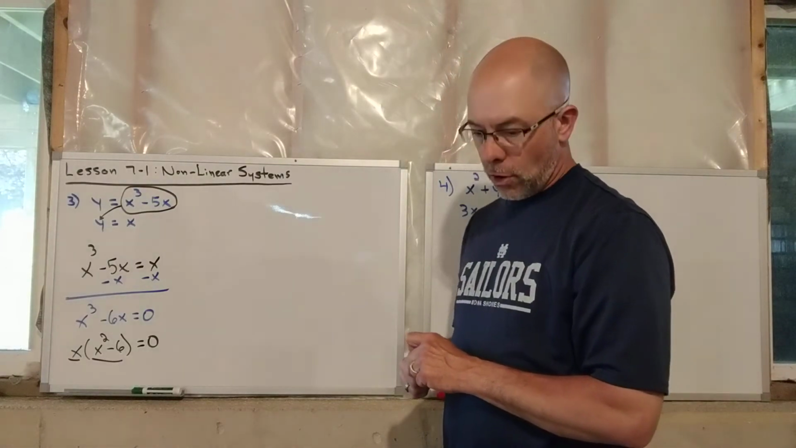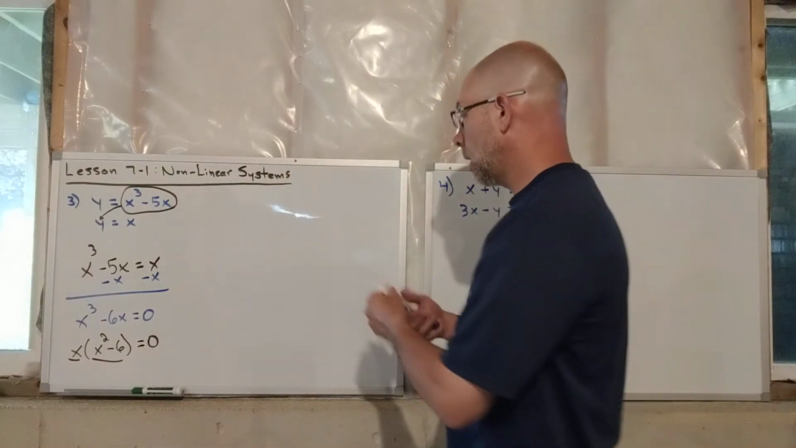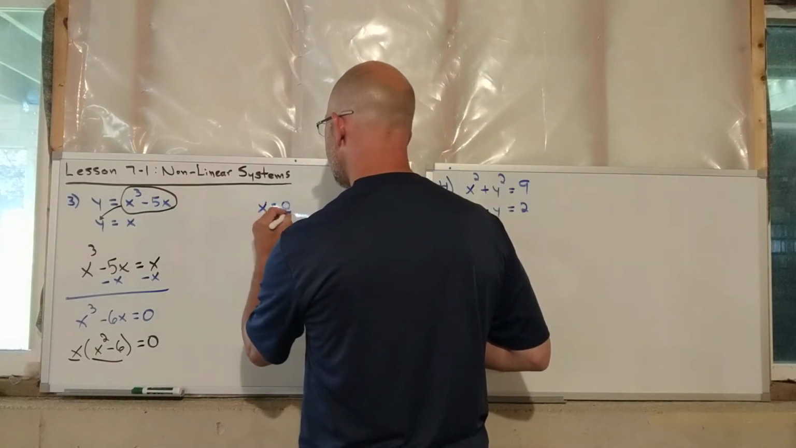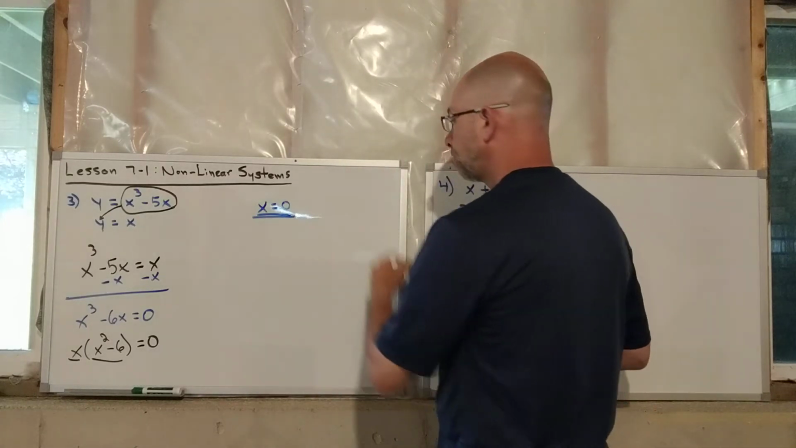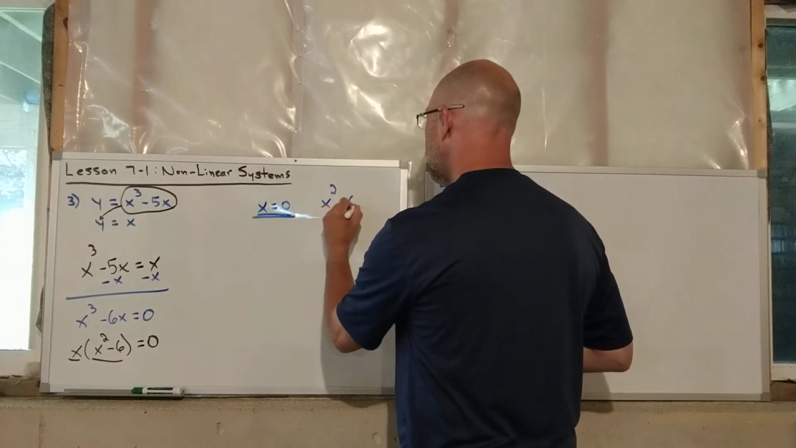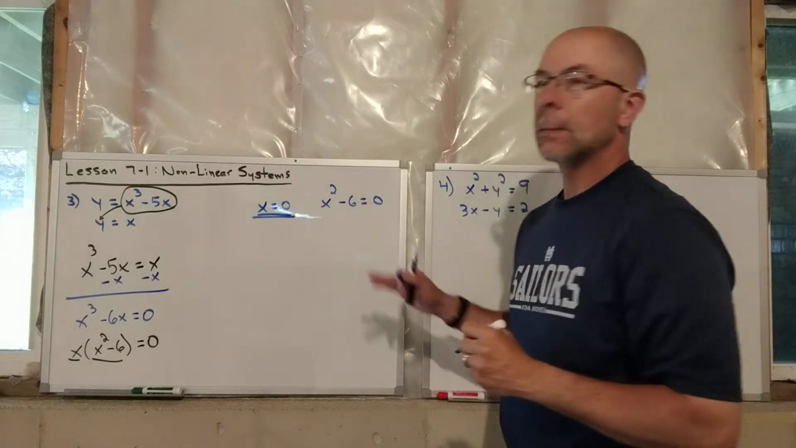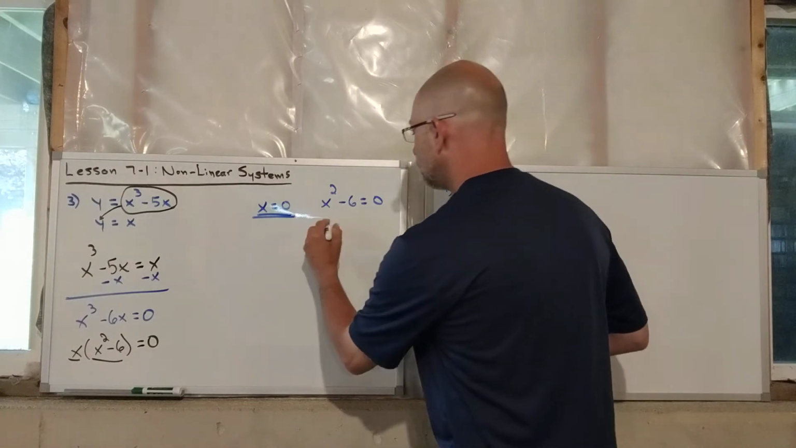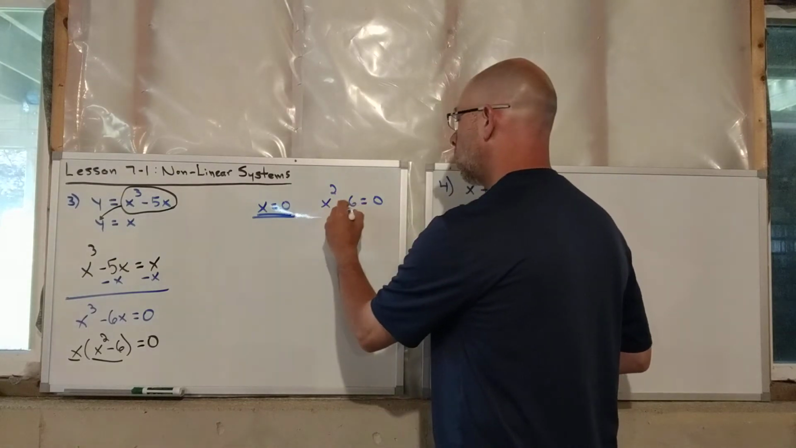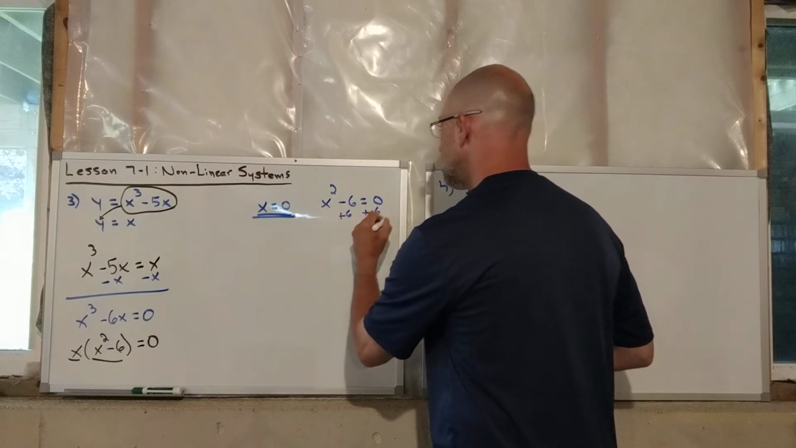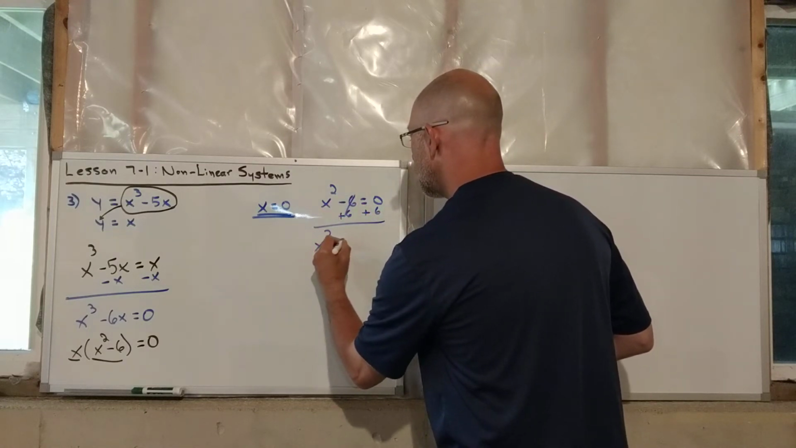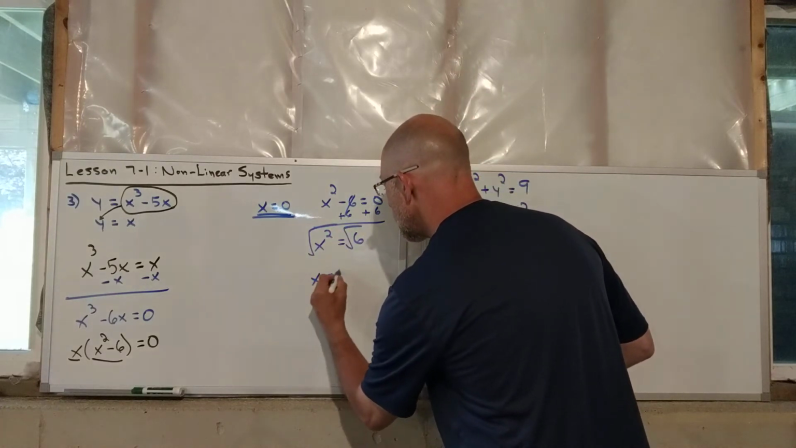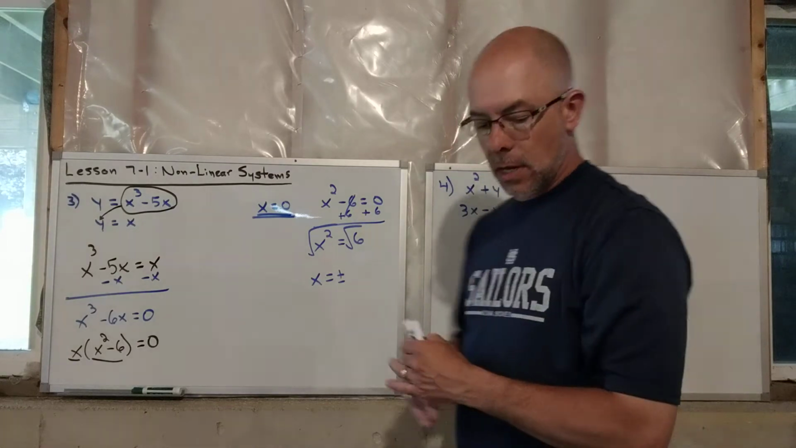So with that being said, setting x equal to 0 is not a big deal. Setting x squared minus 6 equal to 0 is going to be kind of a pain, but we'll make it work. We're going to add 6 to both sides. We get x squared equals 6. We're going to square root both sides, and we get x equals plus or minus. Now this isn't nice,